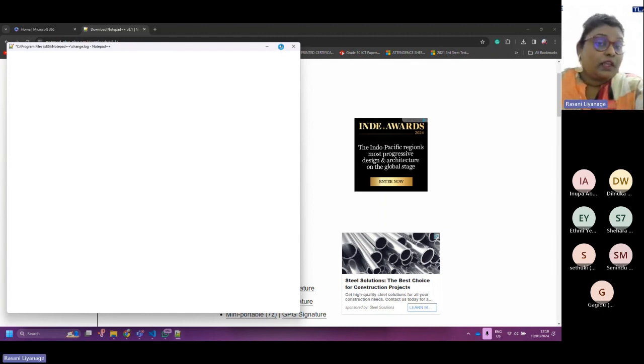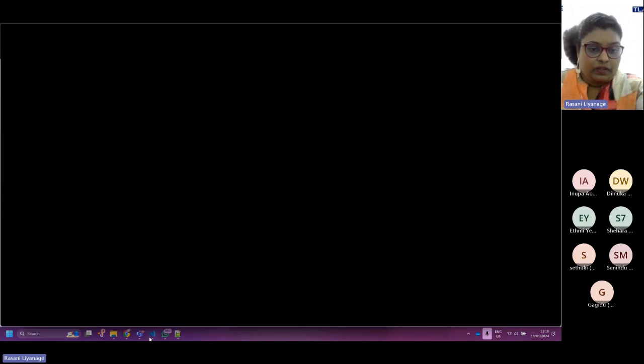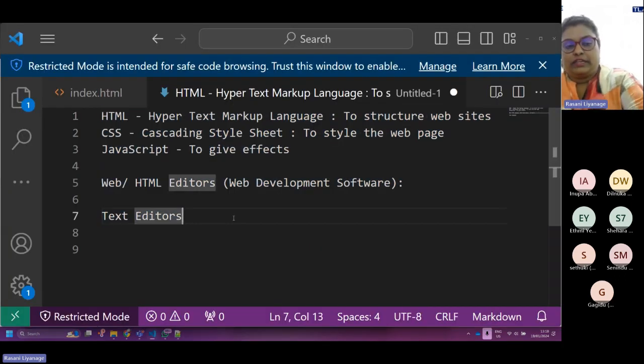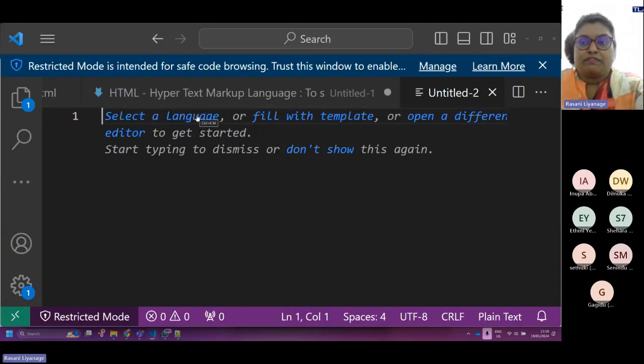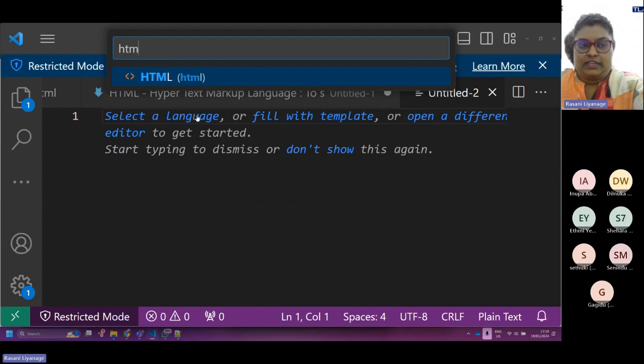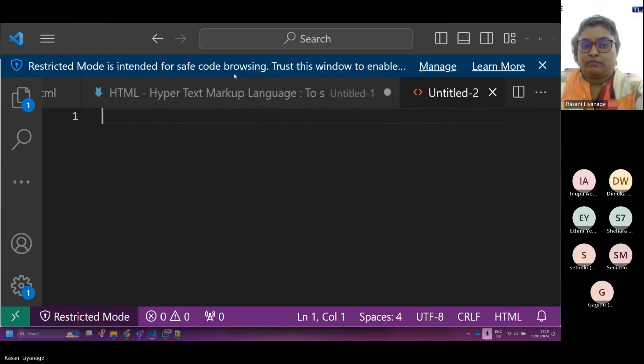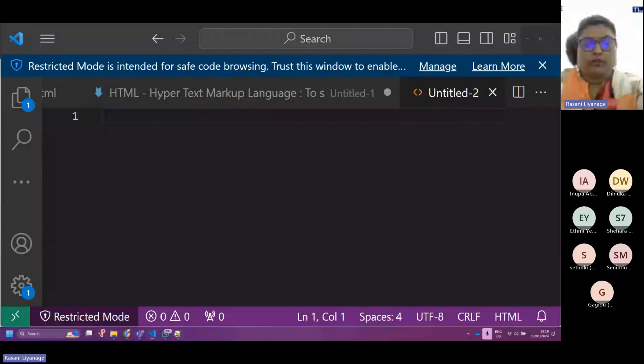Ones who have Visual Studio Code, you also open, get a new one. This is for Visual Studio Code. Get a new one, select the language and set as HTML. Save the document. When saving, I'll tell the place. That's the method for Visual Studio Code. Then the Notepad++,